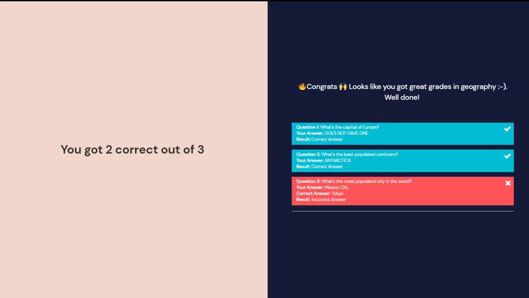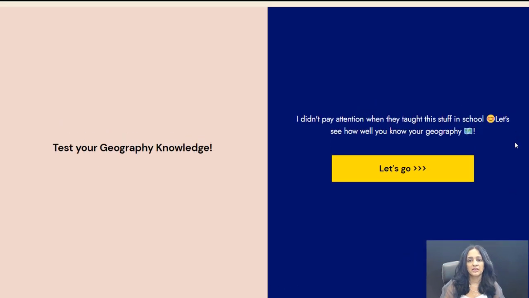And what should happen is SQB should add the user to my list in Send in Blue with the right tag. I'll show you that in a bit, but you can see here, this is the outcome screen and showing me this outcome because I got 2 correct out of 3. And these are the correct answers and this is the incorrect answer. And there is a retake button here. Users can click on the retake to retake the quiz. It shows the quiz again.